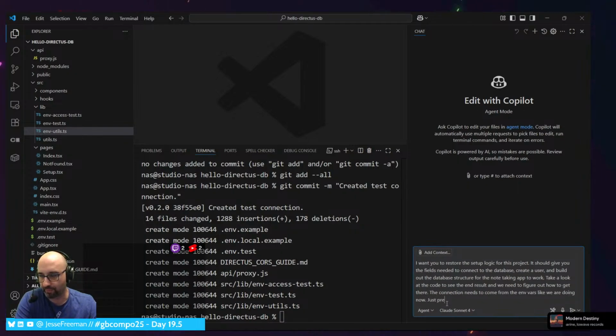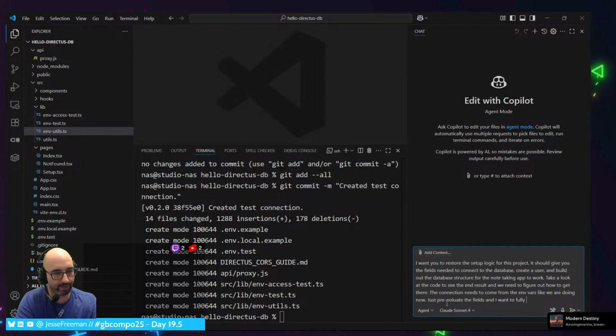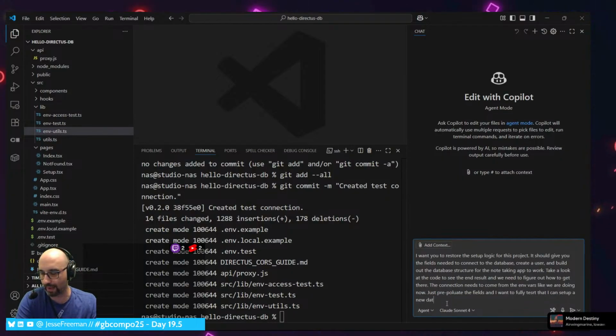Just pre-populate the fields, and I want to fully test that I can set up a new database by connecting to it. If the tables don't exist, create them.